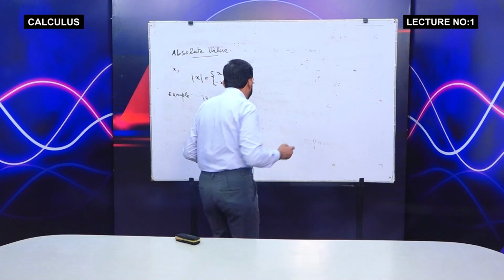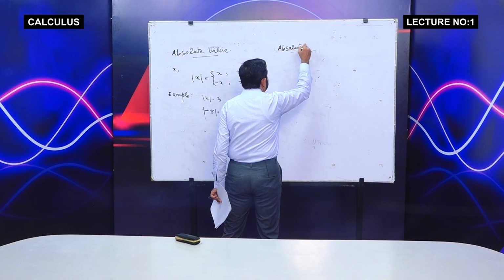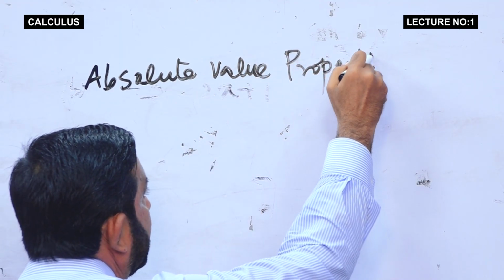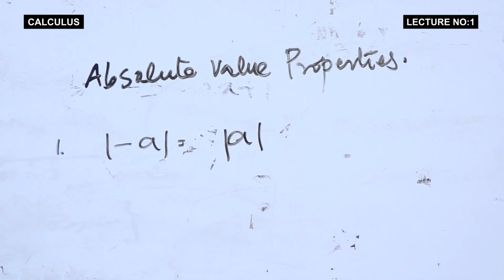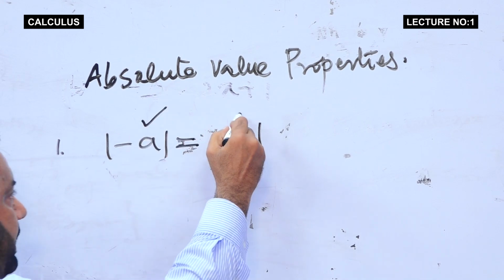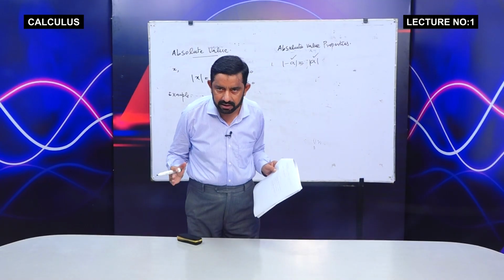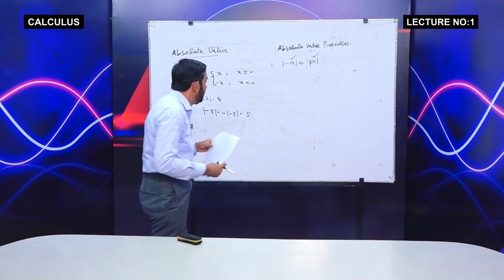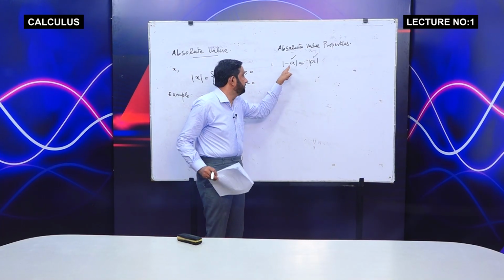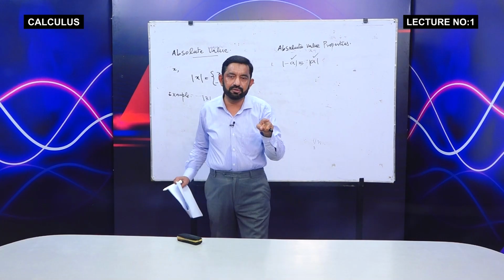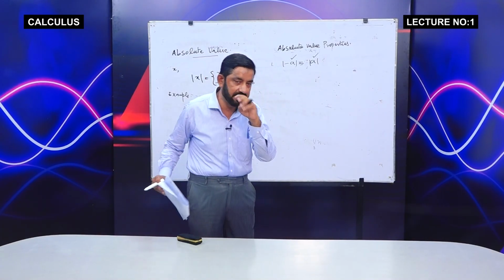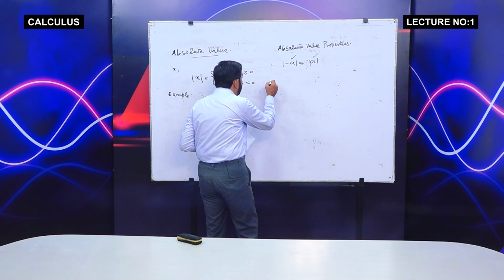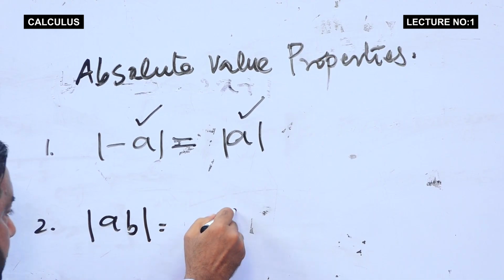सो लेट्स राइट द प्रॉपर्टीज ऑफ दिस एब्सोल्यूट वैल्यू। The first property is minus a mod is equal to a mod, कि किसी भी नेगेटिव नंबर का मॉड और पॉजिटिव नंबर का मॉड बोथ आर इक्वल। एब्सोल्यूट वैल्यू नेगेटिव रियल नंबर की और पॉजिटिव नंबर की बिल्कुल सेम होगी। इसको अगर मैथमेटिकली रीड करें, तो कोई नंबर और उसका एडिटिव इनवर्स, जैसे 3 का एडिटिव इनवर्स -3 होगा, और -5 का एडिटिव इनवर्स 5 होगा। प्लीज नोट दैट प्लस से माइनस और माइनस से प्लस को चेंज करने से आप एडिटिव इनवर्स हासिल कर सकते हैं, तो इन दोनों का सेम होगा।